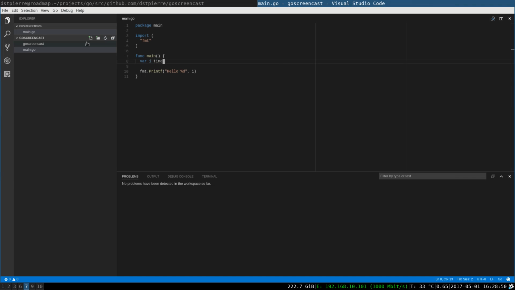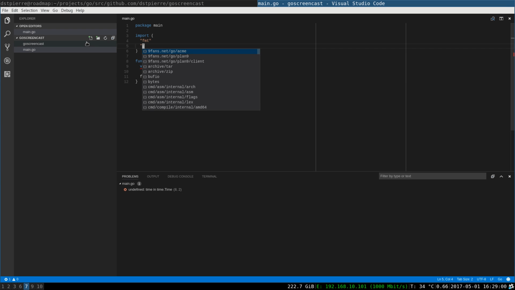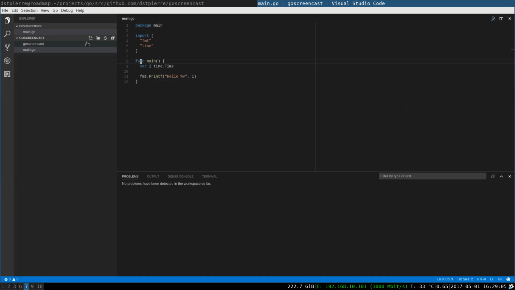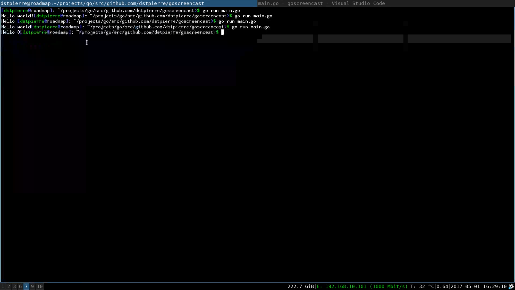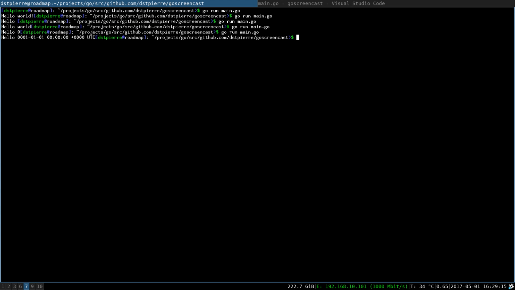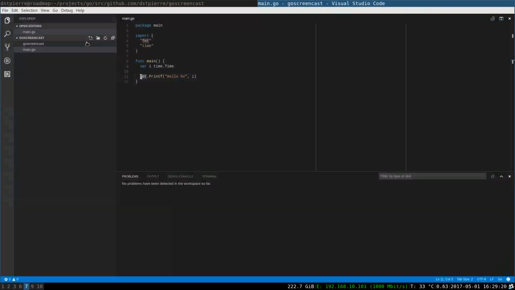I could even do a date in here, and what Go will do is assign a default date. I'm also importing the time package, because I'm using the time type of this time package. So now you will see that we have a default. This is January 1st of year 1. So this is the default. You need to be careful with that thing. This is something that you will need to keep in mind.